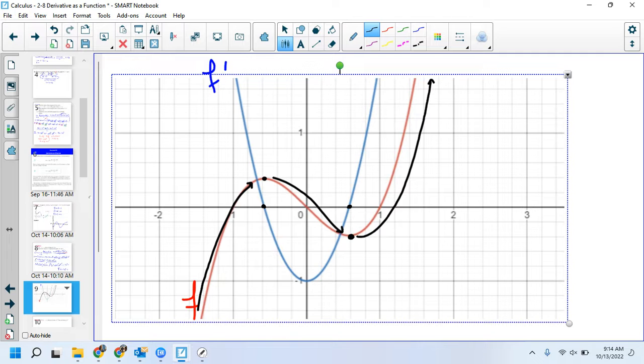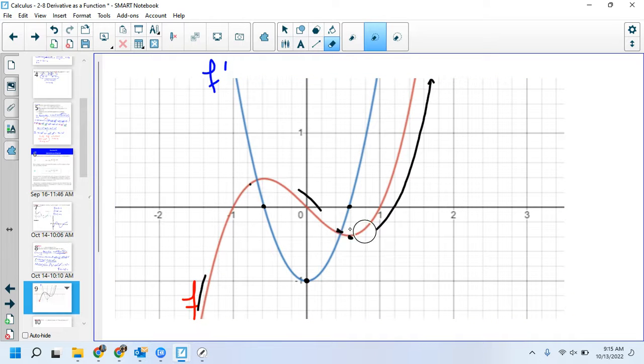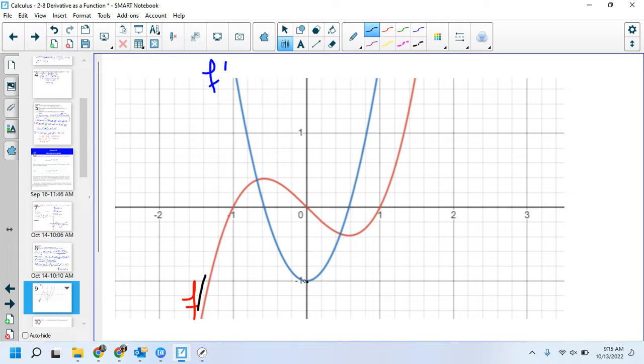One other really cool thing, look at the minimum point of my derivative. Let me just get all this junk away so we can really focus in on this. This is where we will end. The minimum point on my derivative. How does that relate to my original? I know it's running through 0, 0, but what is the shape of the graph doing at the 0 of my derivative? F is my original,